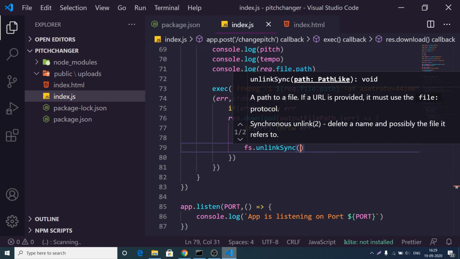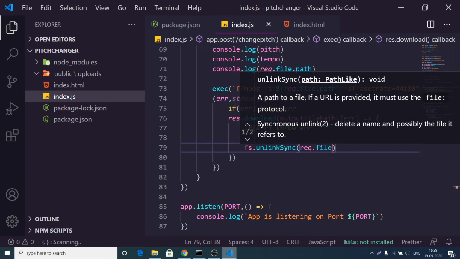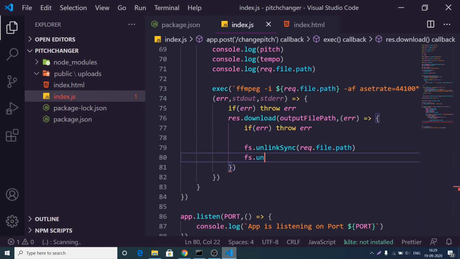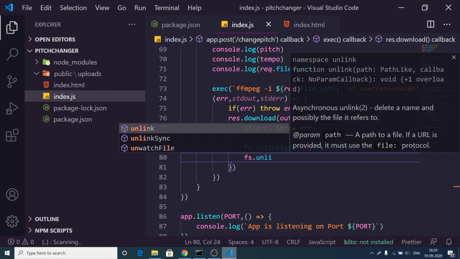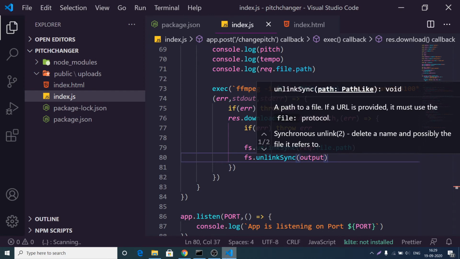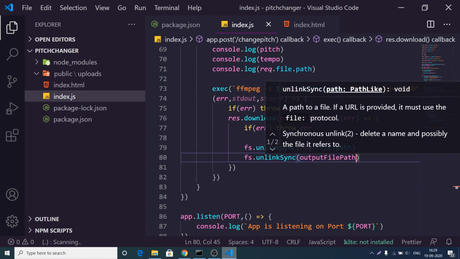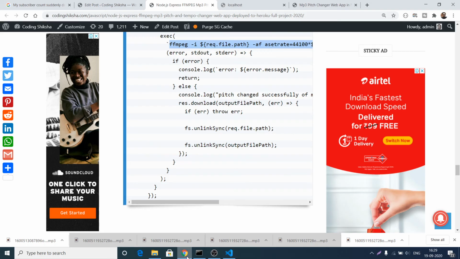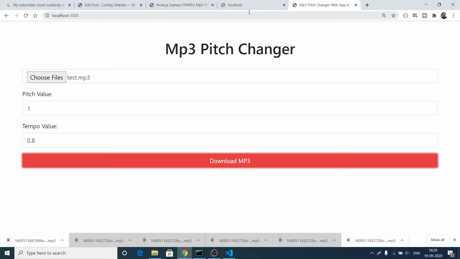So we need to also delete the input file, which is request.file.path, and we also need to delete the output file as well. So unlinkSync. Once we have downloaded and carried out the conversion process, it is better to delete the file rather than store the file on the server. The output file path is stored inside this variable. That's it. Now it will automatically delete it whenever the file is downloaded.